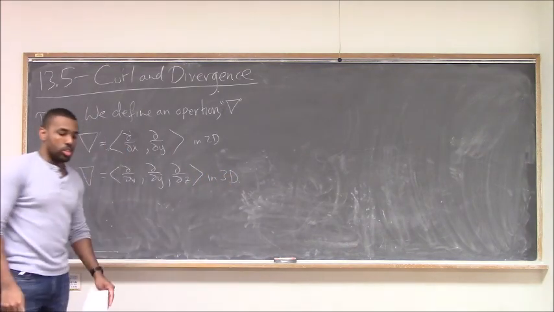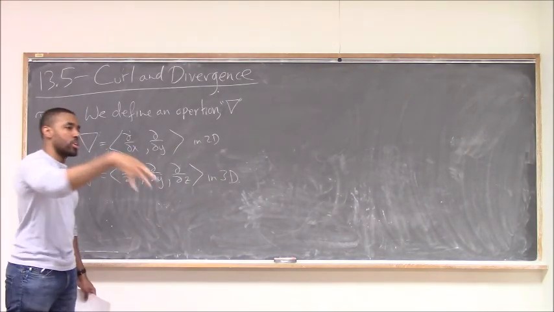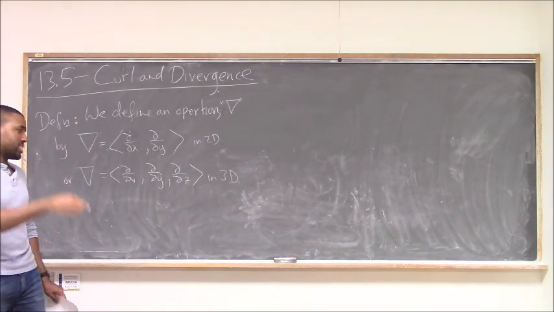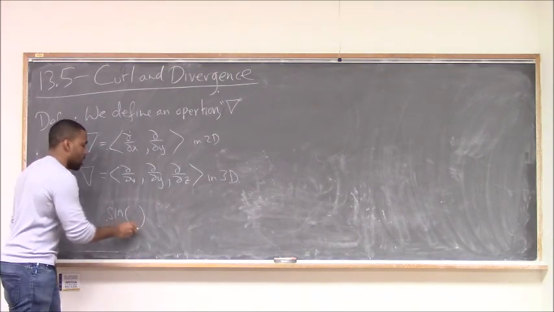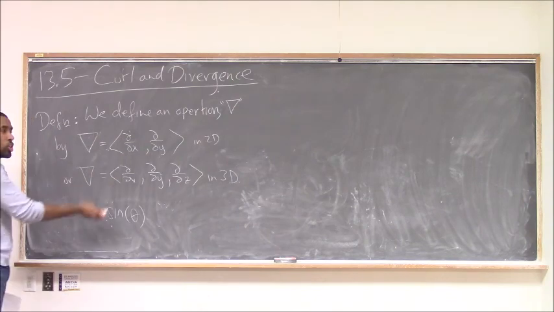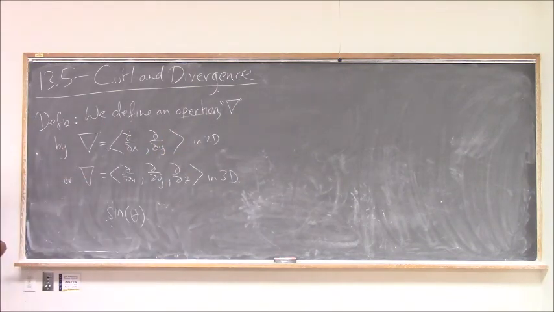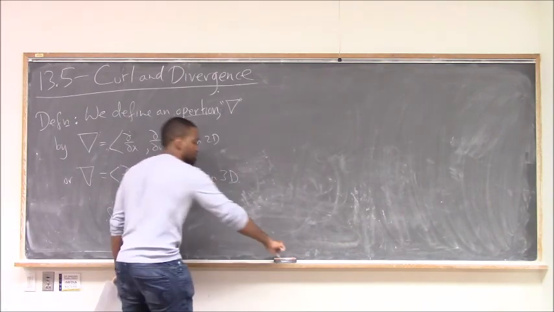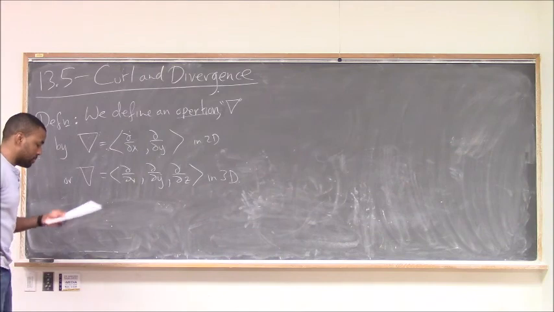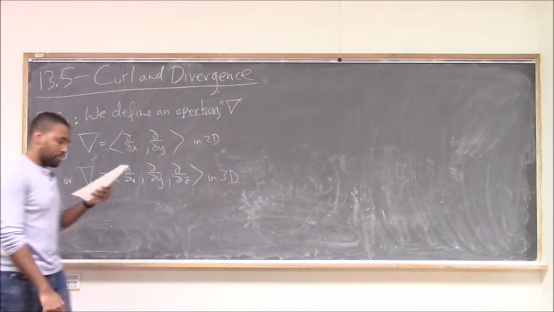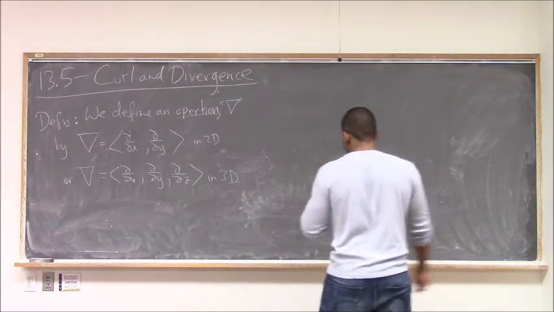Now I want to note that by itself it doesn't really make sense. It's an operator. It has to operate on something. It's kind of like how when you write sine by itself, it doesn't mean anything. You have to say sine of something. This is your thing of, in the same way. It's defining an operation that you have to do on something. So I'm going to be able to plug things into this function, into this operation. So you can more think of it as a mnemonic. So let's talk about